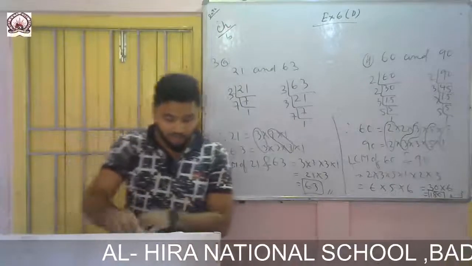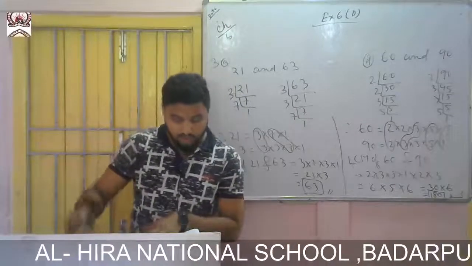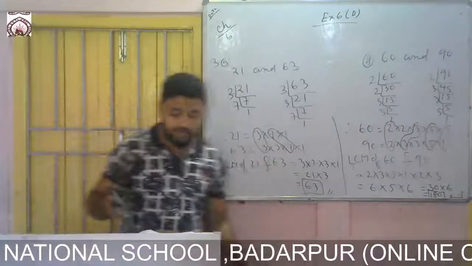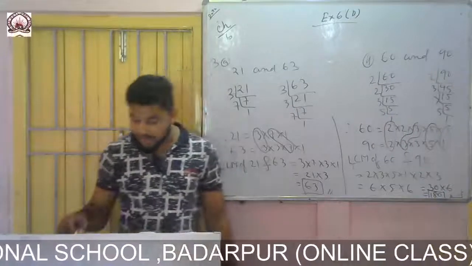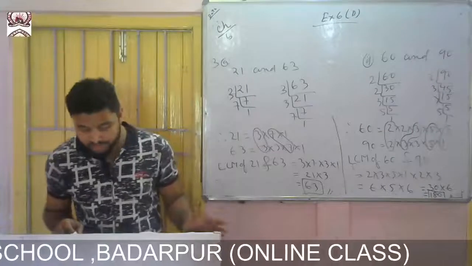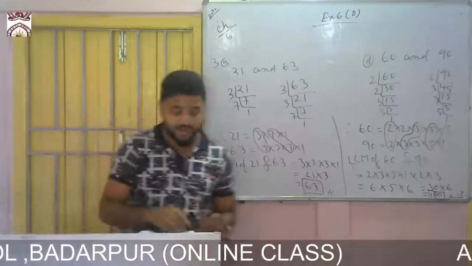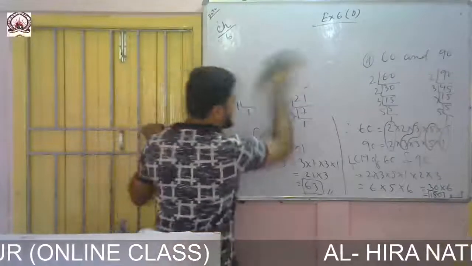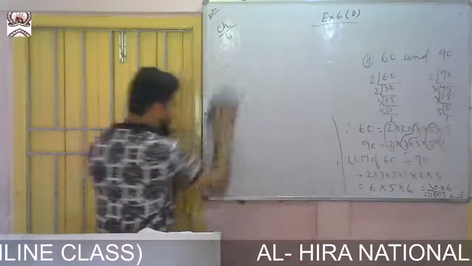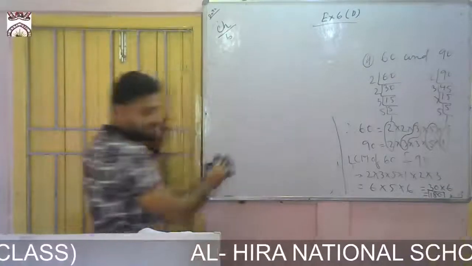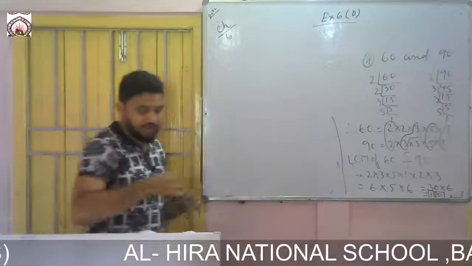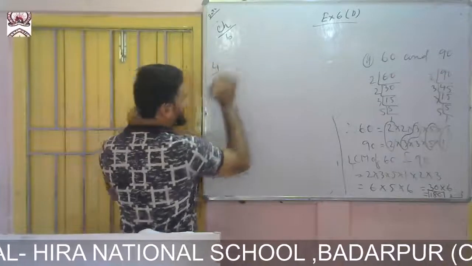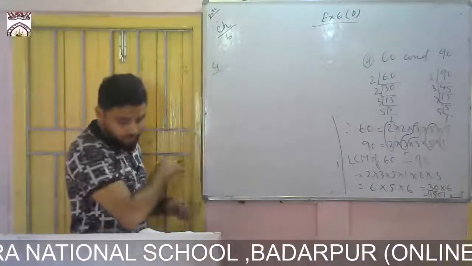Now come to question number 4. From question number 4, whenever you find 3 numbers, at that time you have to take the greatest number of times each factor appears. Okay, so I shall show you. Whenever you are finding the LCM of 3 numbers by prime factorization, you take it like this. Question number 4.